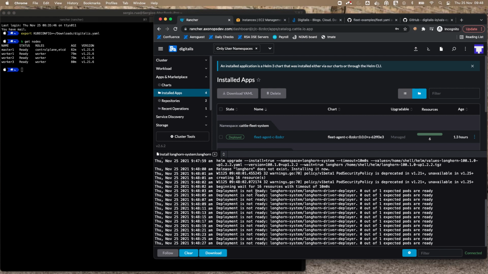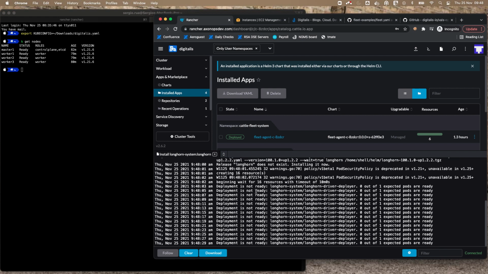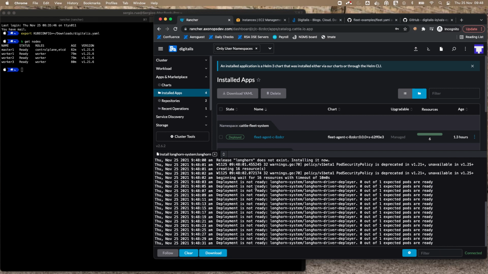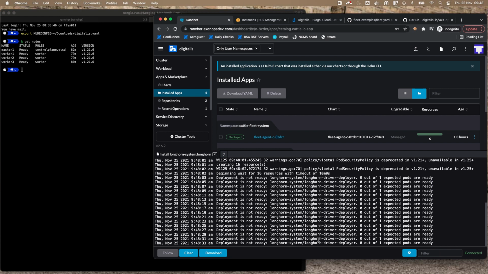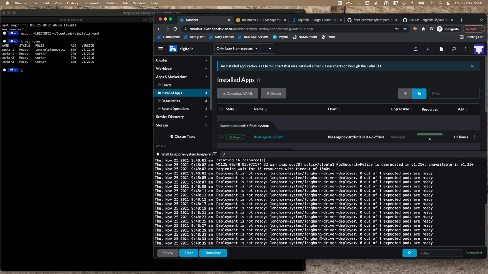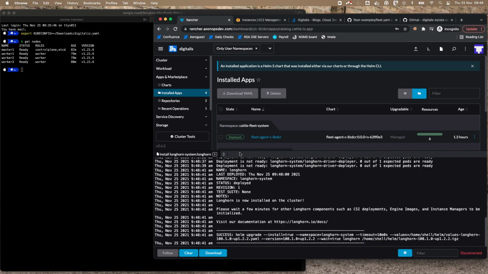You want to see what this is doing? It just installed a Helm chart. It's just a sample guestbook Helm chart configuration. That's all really. What else can I show you?